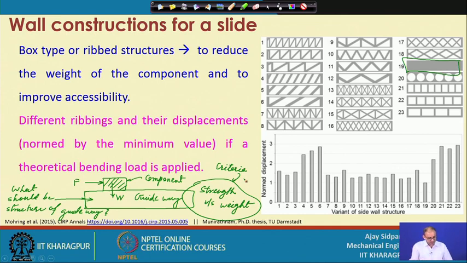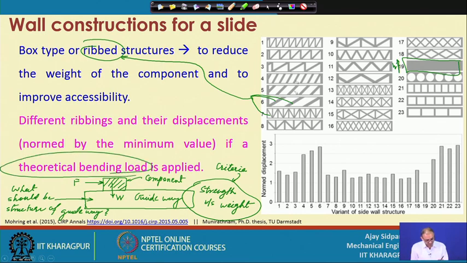If you are making a solid structure, actually your weight will be very high, in this case W is very high, and then there are a lot of different type of options, which type of ribs you require, because these are called the ribs, whatever is this showing. So, this is the rib, correct. So, what is the design which is important, now how you define. So, this is our one norm displacement, because if you put a theoretical bending load at the end or at some other location, at that time what should be the displacement. So, our objective is to reduce this displacement, okay. Displacement should be reduced,